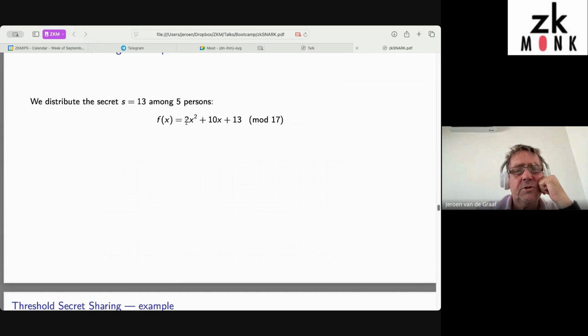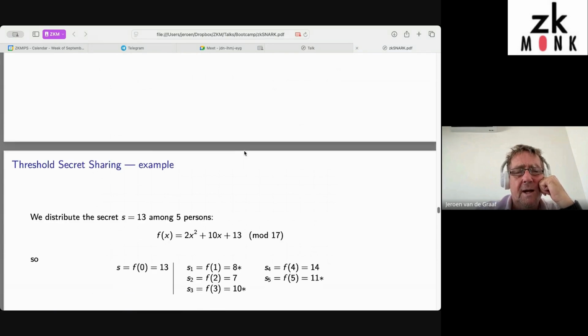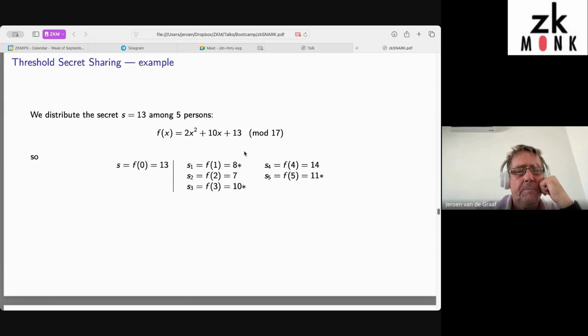So we choose 2 random, we choose 10 random, 13 will be the secret. We're going to share the secret among five persons. So we're going to compute the f of 1, f of 2, f of 3, f4, f5. And now what we want to do is